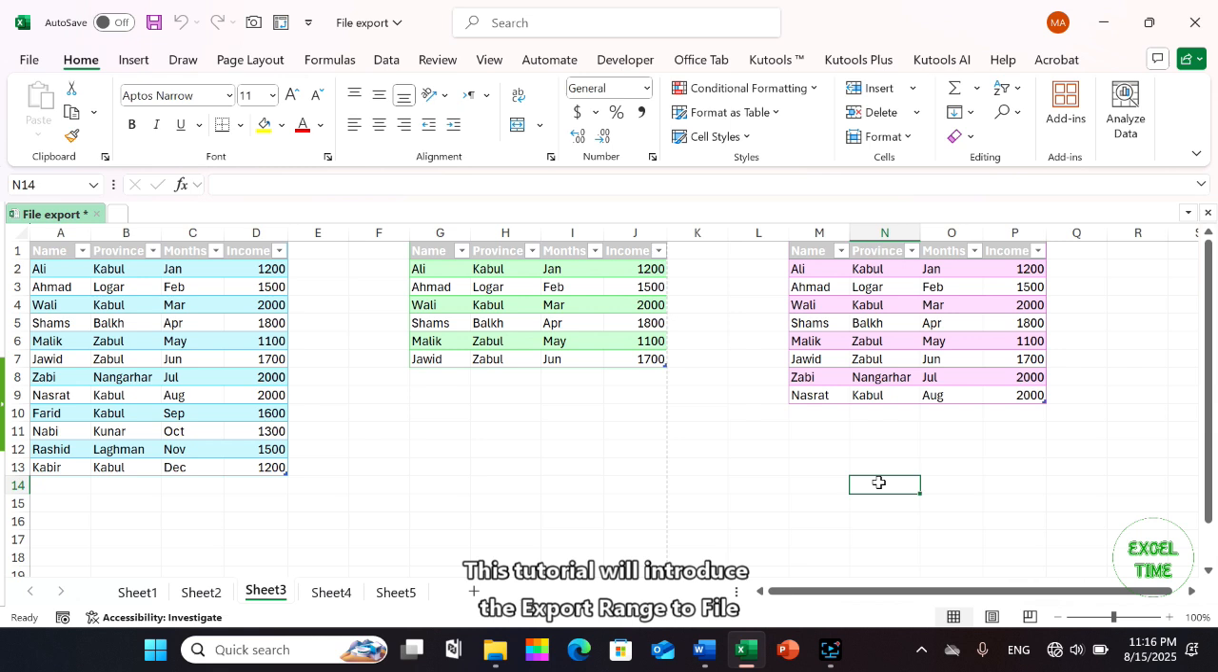This tutorial will introduce the Export Range to File utility of Kutools for Excel. It can help you save a selected range as a PDF file easily. Please do as follows. Select the range you want to save as a PDF file